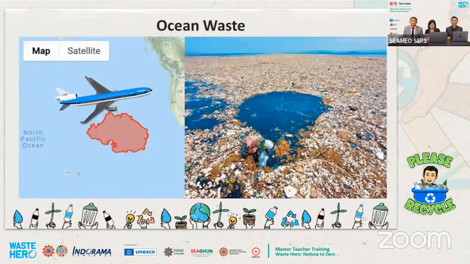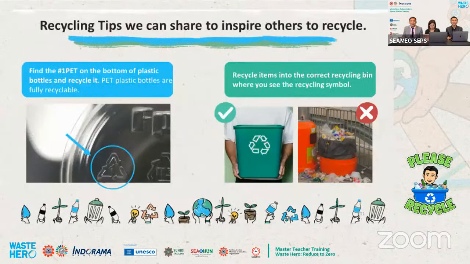And I show them the ocean bound waste. They said, wow. You can also ask this very easy question: in the triangle recycle symbol, what number can you see? Because the number can be different. Number 1 means it is very good for recycling, and number 2 is a lower material, and number 3 is a lower material too. And you can ask them more, like, what color do we use in our country for the recycle bin? It's just to make sure that they throw their material into the right bin.